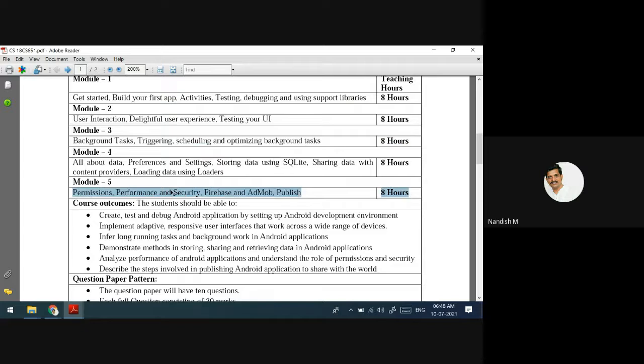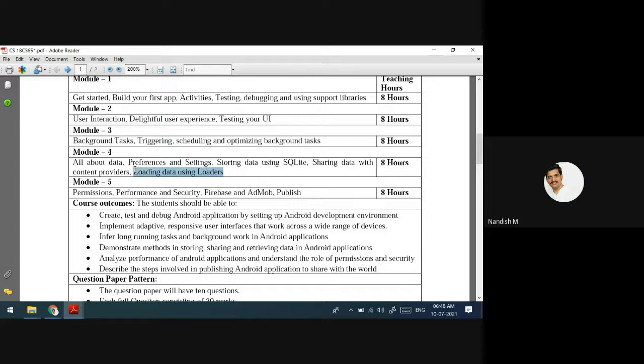And also we have discussed what the use of Firebase is, performance, security, what all the permissions we have to give, and how to publish. These are the things we discussed in the previous classes.